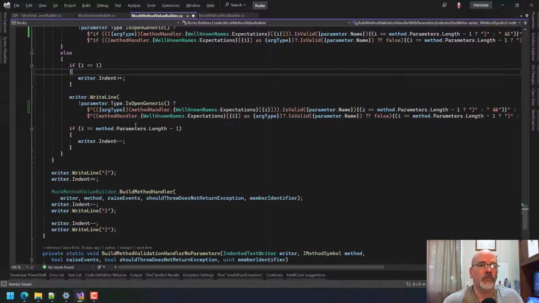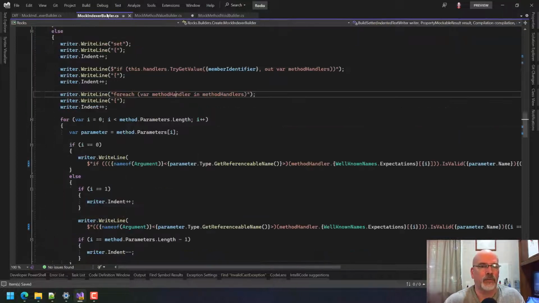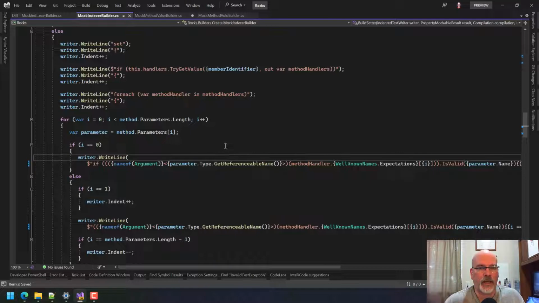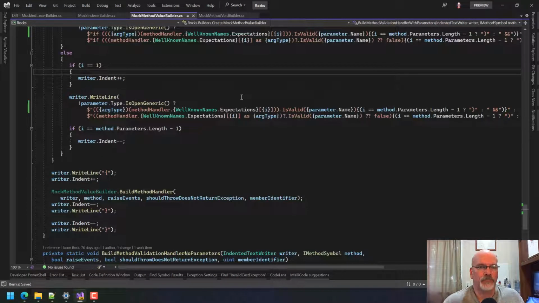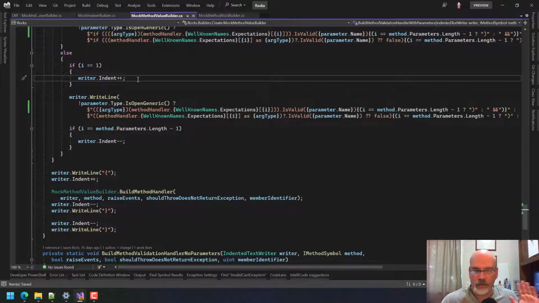And again, we're only doing this for methods, not method generic parameters, not type, because as I just said, Rocks only allows you to mock concrete types. You can't have them be open generics and have that work. So I think with the index builder, we can leave it as is because we're doing the casts, and that should be fine. Same with the returns. We don't have to worry about that. Okay. I could be wrong, but I think that's okay.